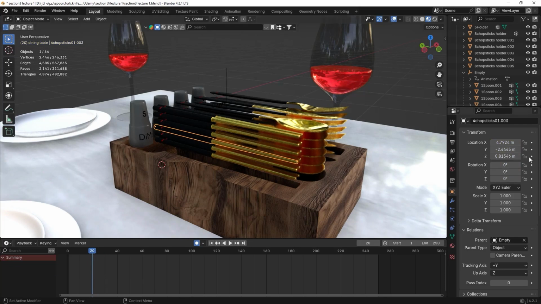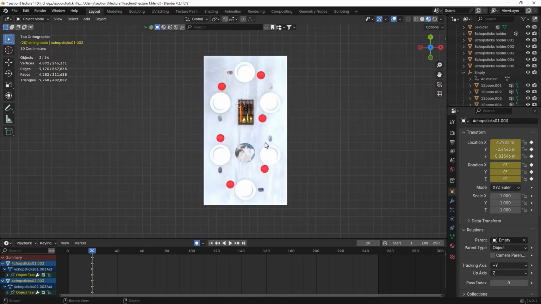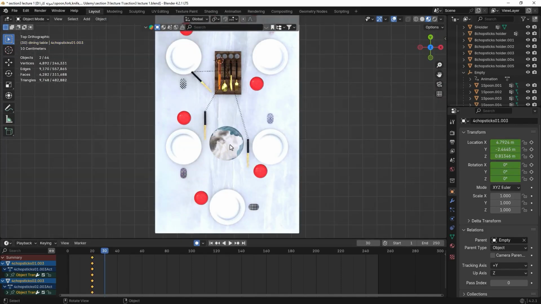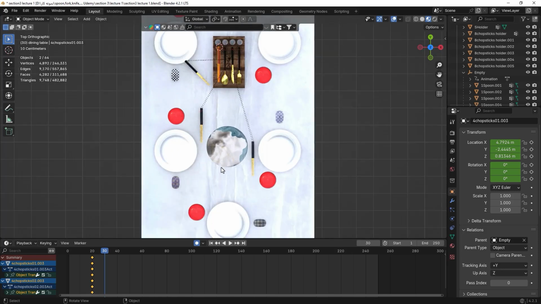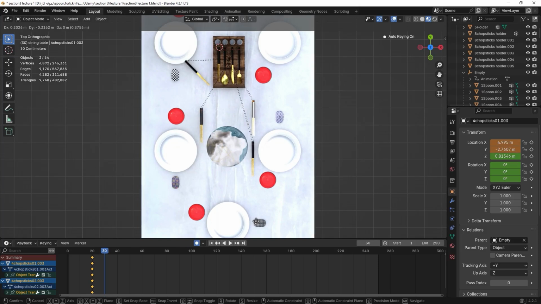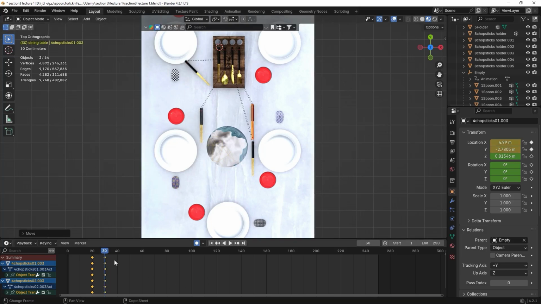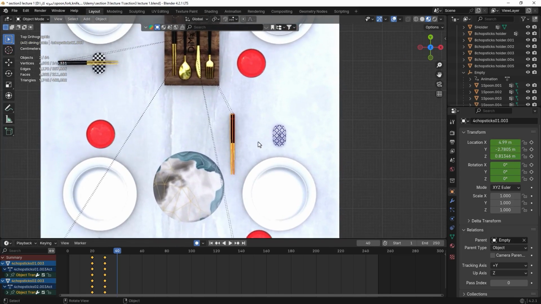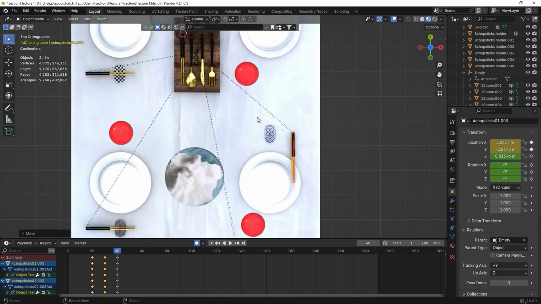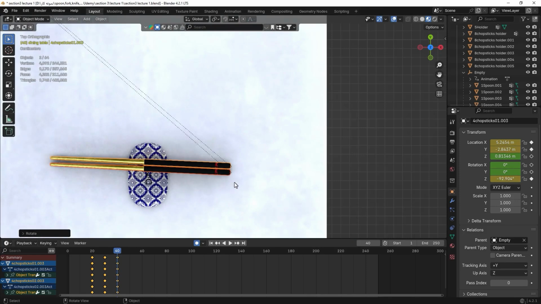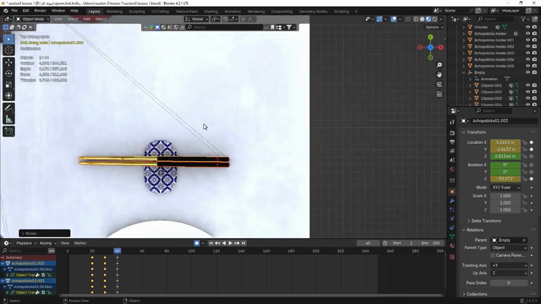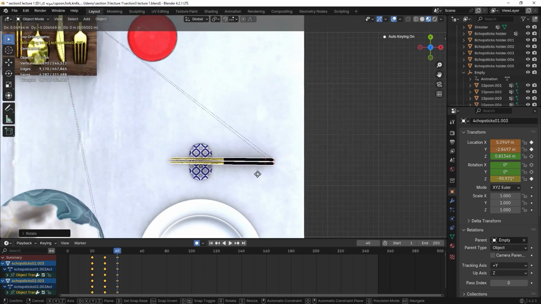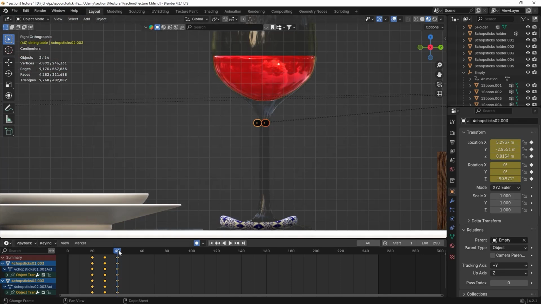So we create keyframes for their location and rotation, and place the playhead on frame 30, and as you can see we place them behind the chopsticks of the third row, and then create a keyframe in the same place and place the playhead on frame 40, and then place the chopsticks on the holder, and we rotate minus 19 degrees